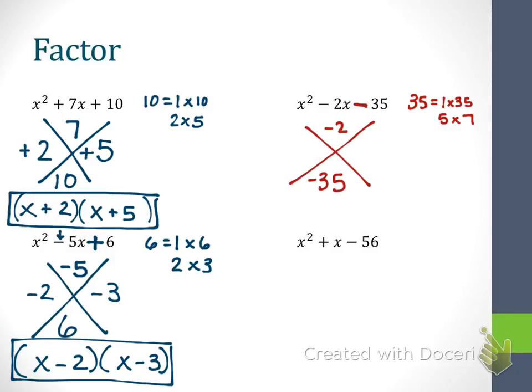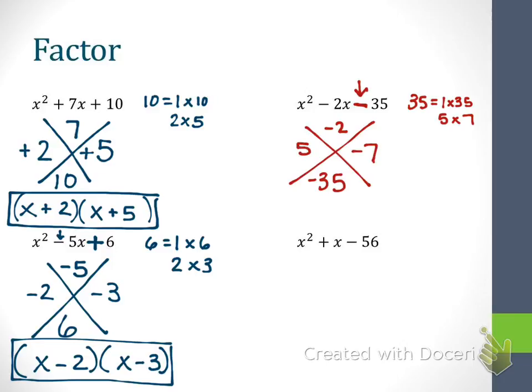Yes, that does, okay? But when it has a subtraction sign for C, one of the terms is going to be positive and one is going to be negative. See how on these problems when it was an addition, they were either both positive or both negative? When C is a negative, one is positive, one is negative. It's always going to be. So I ask myself, does 5 minus 7 give me negative 2? Or does negative 5 plus 7 give me negative 2? Well, 5 minus 7. So I'm going to have a positive 5 and a